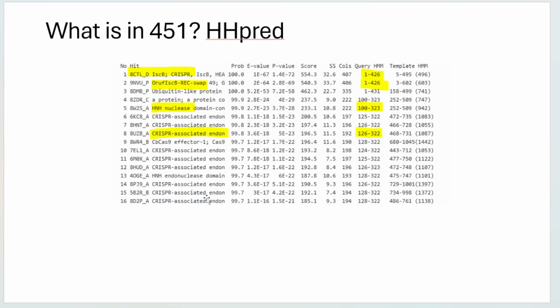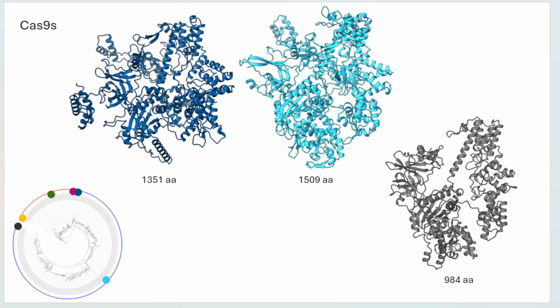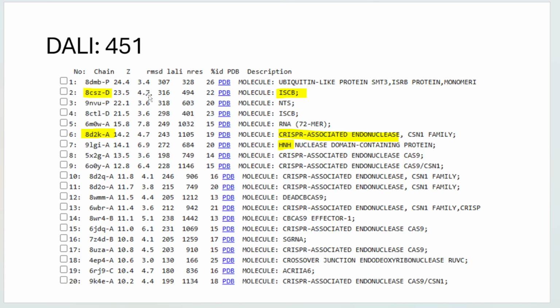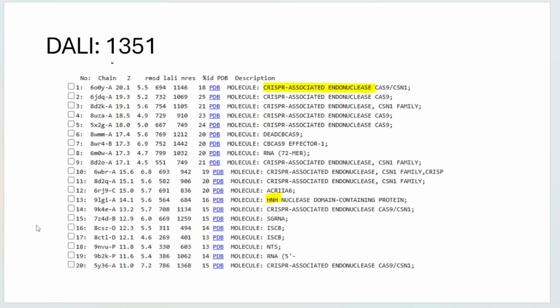That's a chain number there, but you see with HHpred, you can see it's just not as accurate. What, 1426? DALI. RMSD, yeah, it doesn't really show, but still, it figured out that I was using 8CSZ as my own model because it just looked like that. It looked like it matched really well. It's pretty sick, actually. And here, for 1351 H&H,